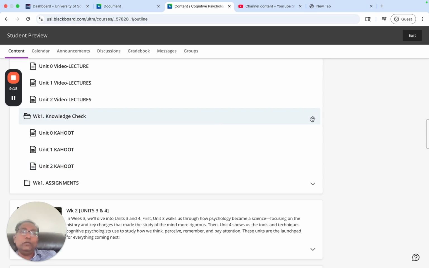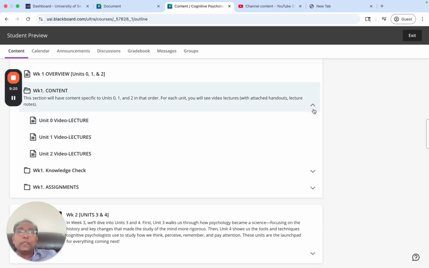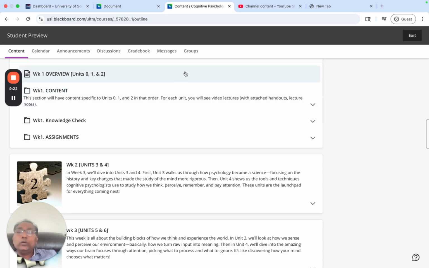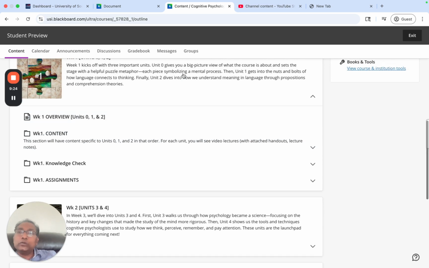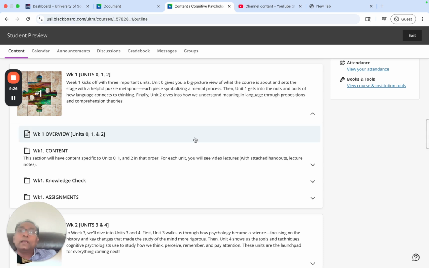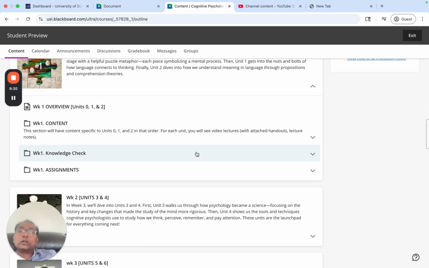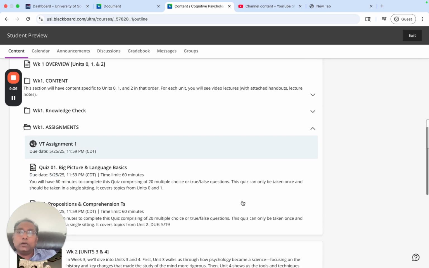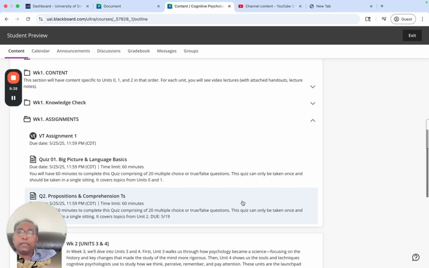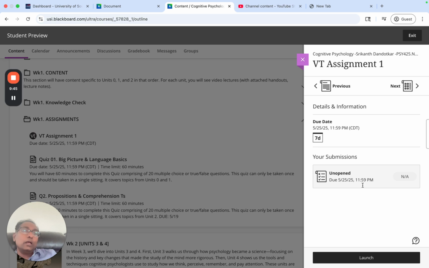Okay, so now what did we do so far? We looked at the overview tab specific to a week. Then we talked about what to find in the content for that week. Then we also talked about the Kahoot knowledge checks. The last thing that's very important in terms of the assessment are these assignments. So VT assignment 1 is the assignment, and each VT assignment will have